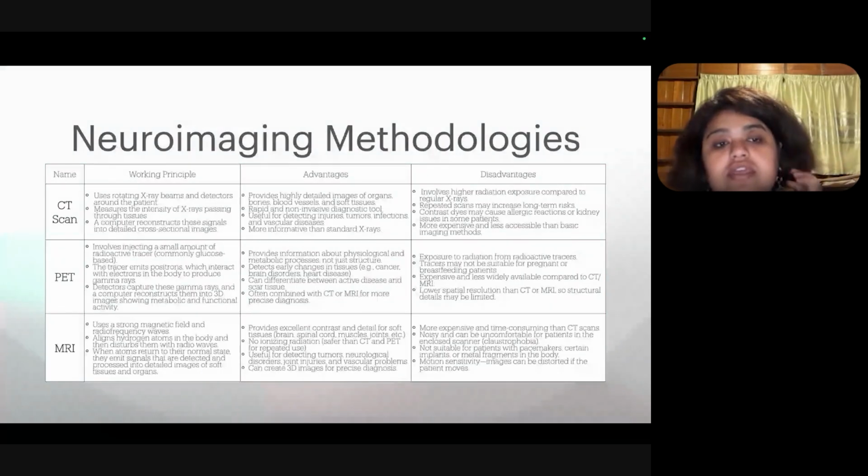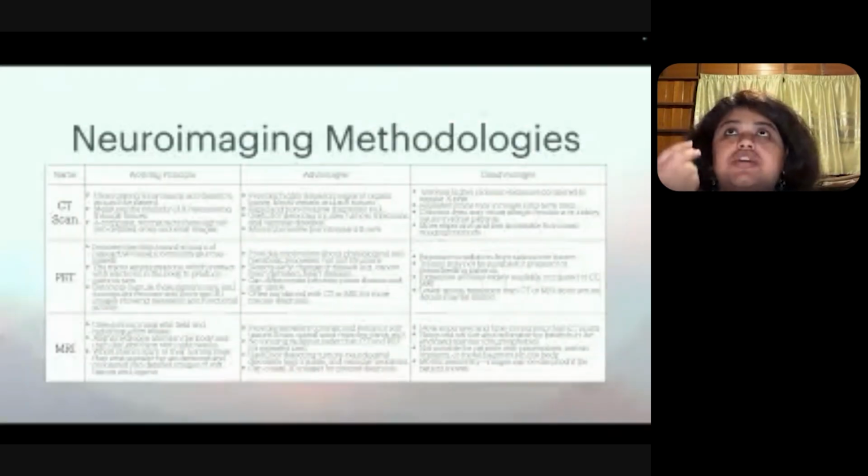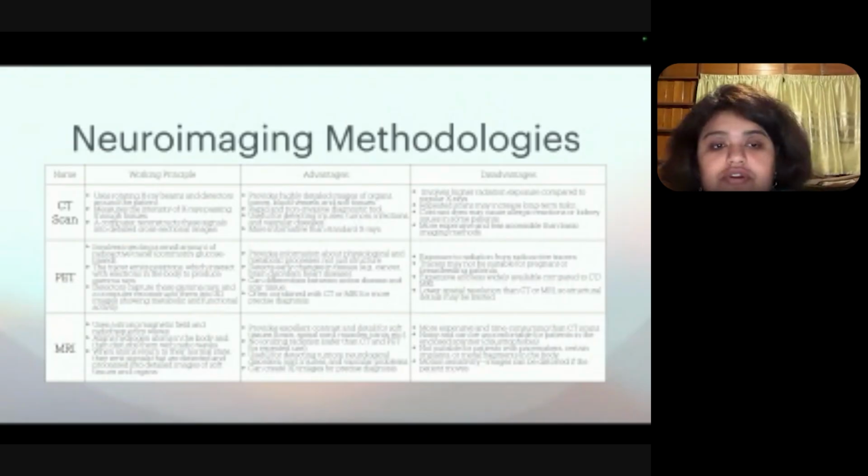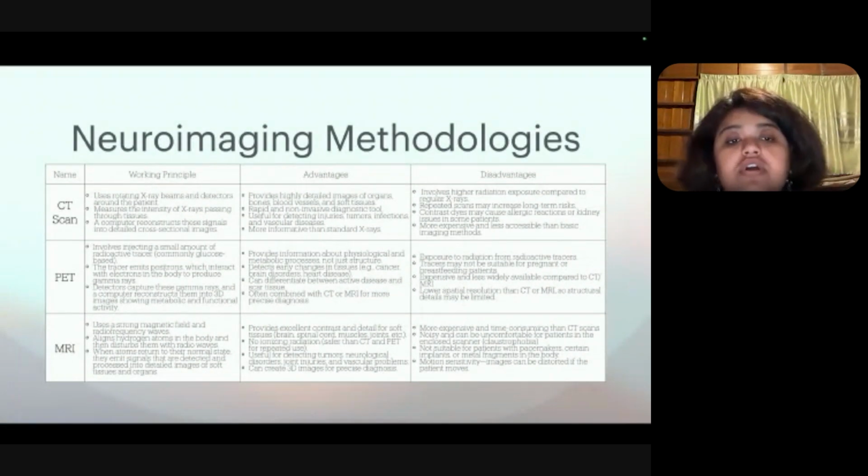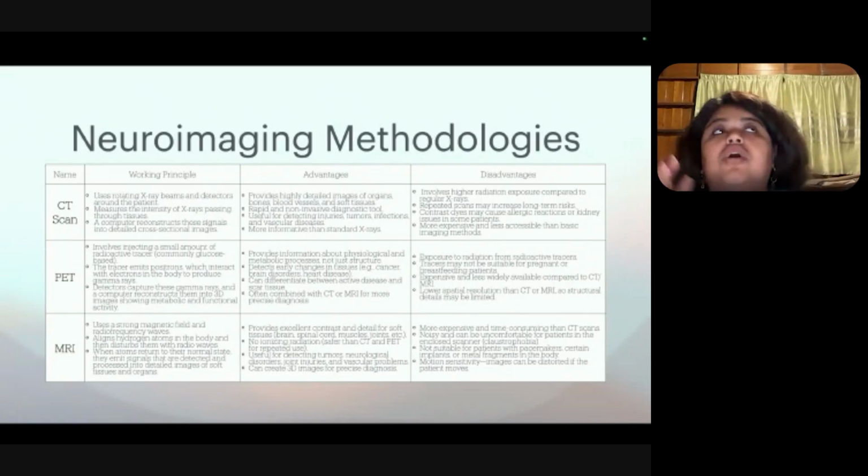In PET scan, there is always an injection in a small dose, which includes a radioactive tracer. Now, this radioactive tracer will emit positrons, which interact with the electrons in our body. There are free electrons in our body because we have a lot of water in our body, right? So that produces the gamma ray. And these gamma rays are what the doctors capture. So that is how PET scan helps.